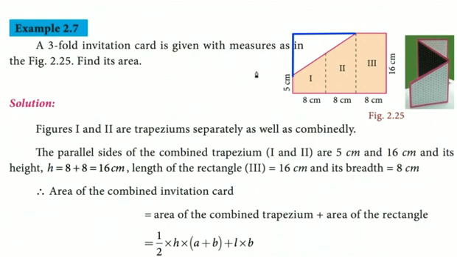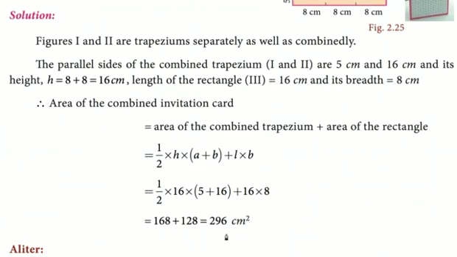Okay, so 88. 88 cm square is the area of the triangle, that you have to subtract from the area of the rectangle, 16 into 24. You have to calculate first 16 into 24, how much is it? 384. Okay, and then you have to subtract 88 from 384. 296 cm square is the answer. Okay, we got the answer, right?